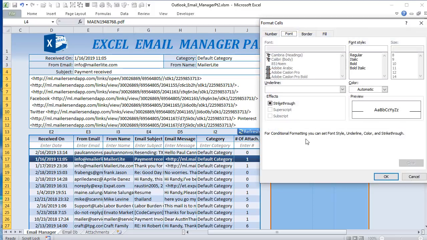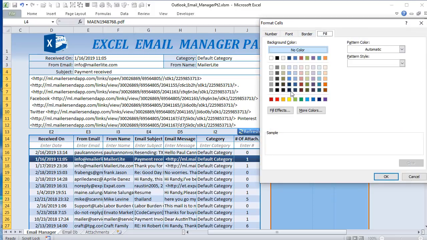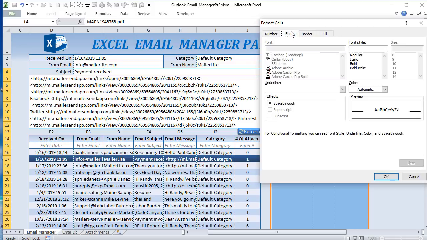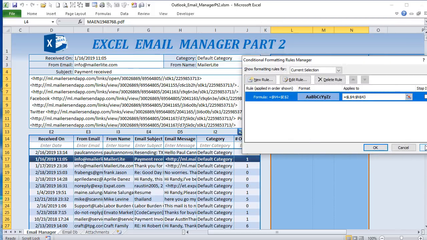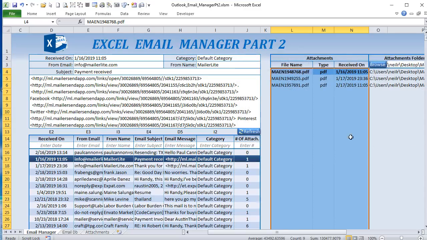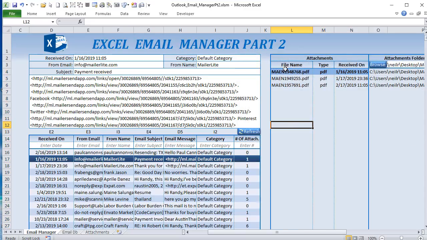And what do I want to do? I want to format that. I want to give that a little bit of a darker color here, perhaps a little bit darker like this one. And then I'm going to give it a bold font so that those attachments stand out. Those are the attachments for this specific email. And then click apply, making sure that N4 starts on the same thing as L4. That's important. All right, now click OK,